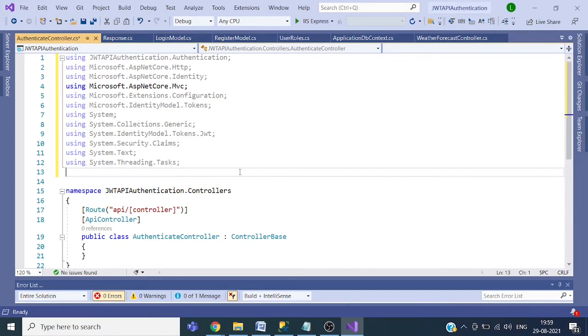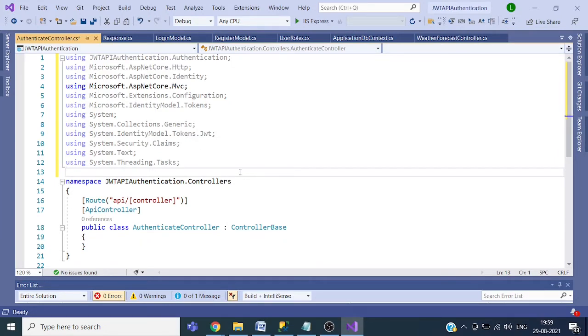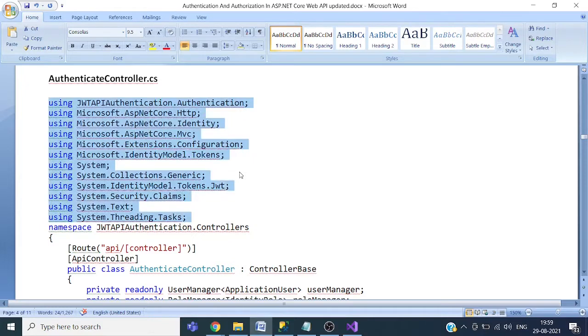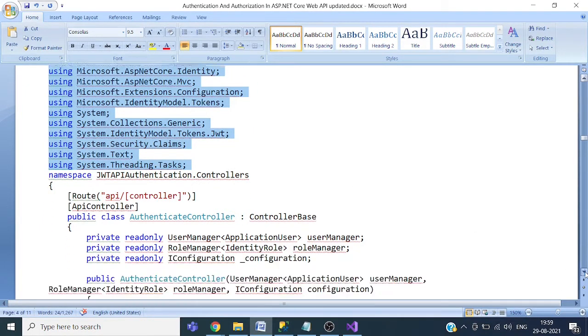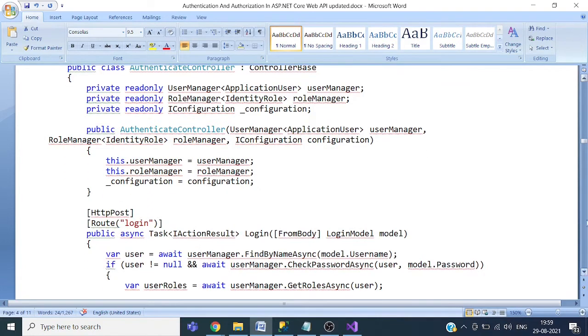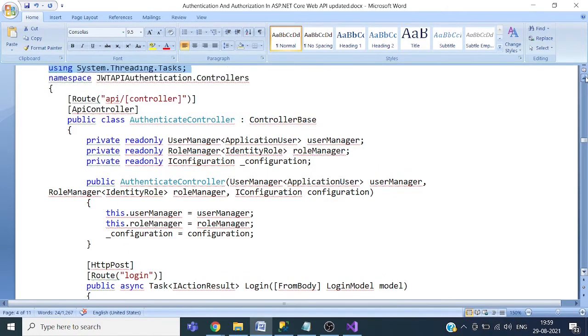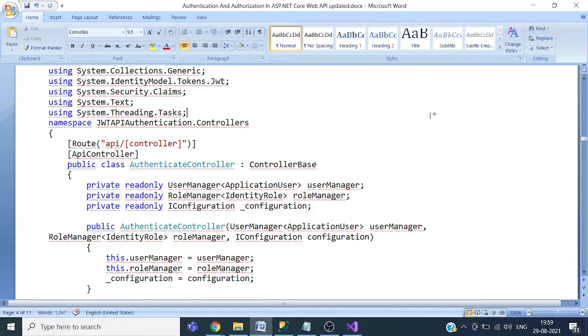And we have added the required namespaces. So we have built-in classes UserManager and RoleManager. UserManager is used for managing the users, and RoleManager is used for managing the roles.